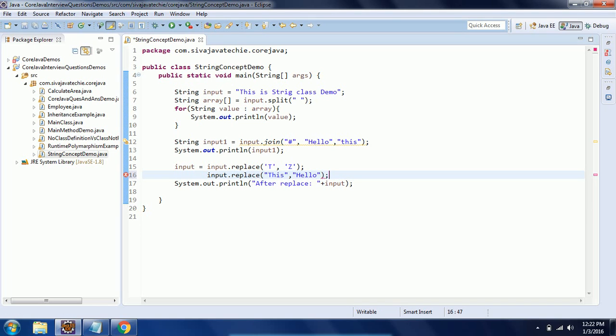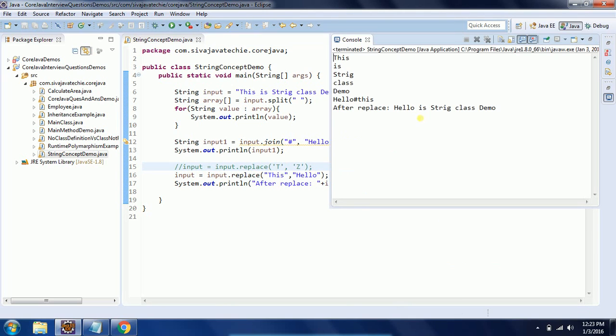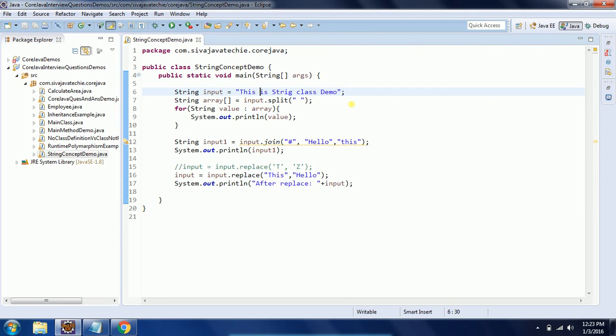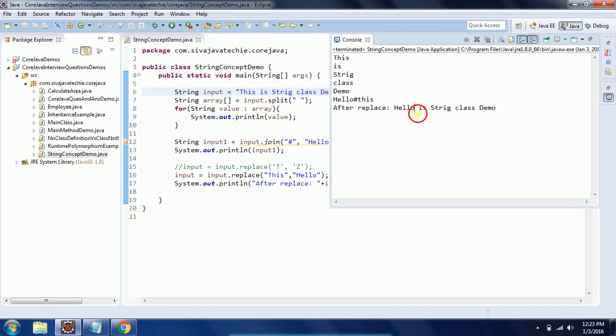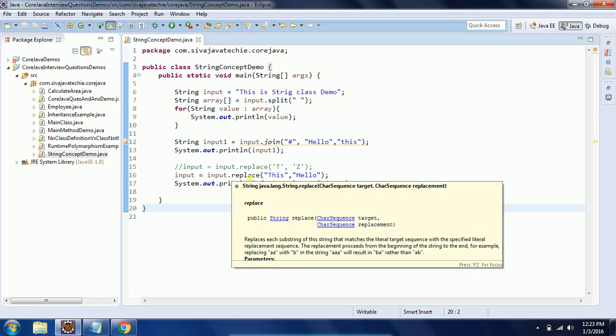I am assigning this to input again, and commenting out the character version. Now when I run this program, you can see that "this" is replaced with "hello". Previously it was "this is string class demo"; now "this" is replaced with "hello". So this is another method which can be used while working with strings.